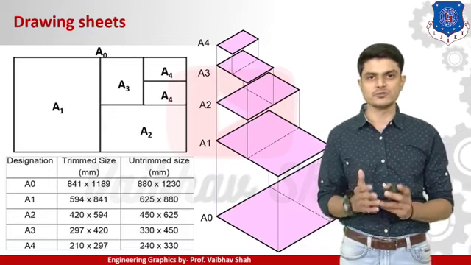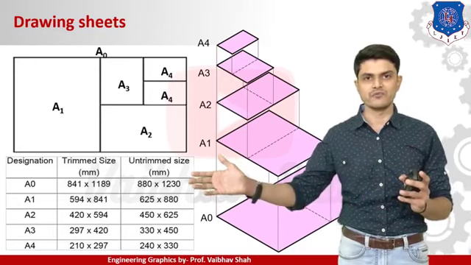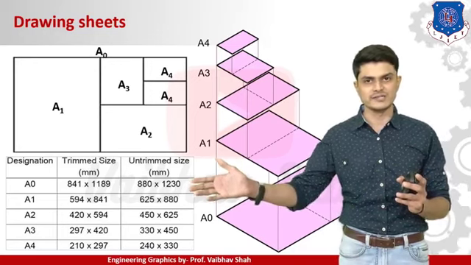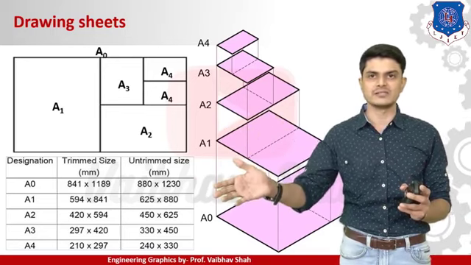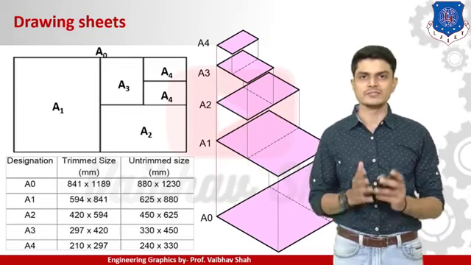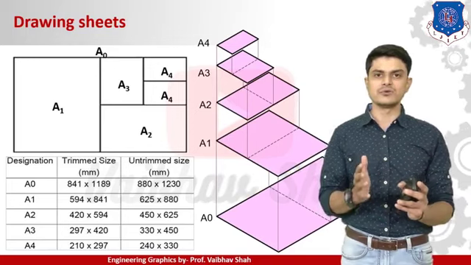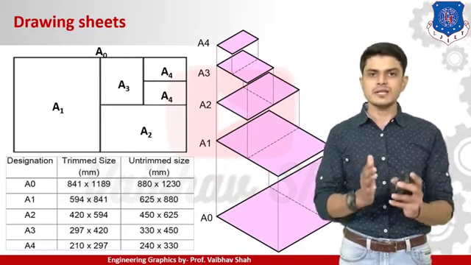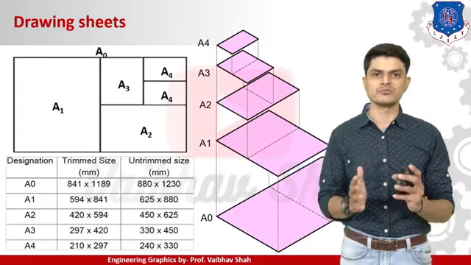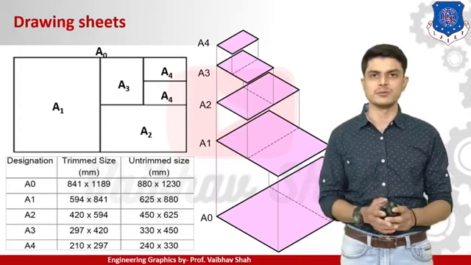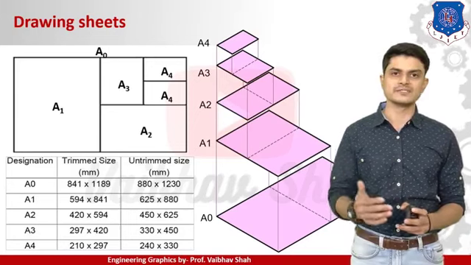because we are halving the dimension of your 841, which will be your 420. So you need to write the 420 in the first place, in the width of your next sheet, and you will be directly using the width of your previous sheet as the length of your next sheet, like 594. So you are just placing the same figures and you are halving the length of your previous sheet, and you will be having this table, right? So you need to practice two or three times and you can easily remember this table, right? So let us move to our next thing.